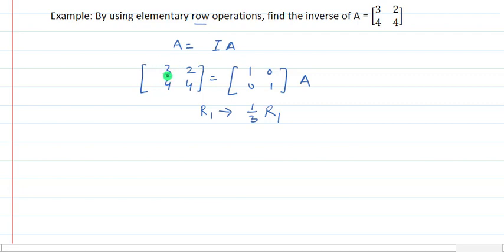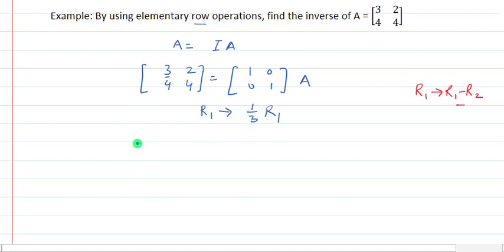We can use one more operation over here. Let me write it on the side. We can apply the operation R1 implies R1 minus R2. What will happen in that case? You will get minus 1 over here. And after multiplying row 1 with minus 1, we can convert it into 1 again. So either we can go with this operation or that operation. So let me use the operation R1 implies 1 upon 3 R1.